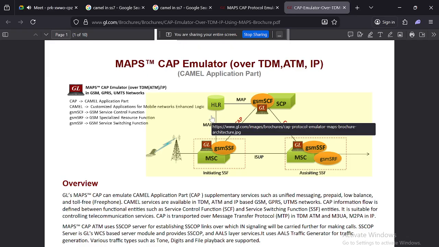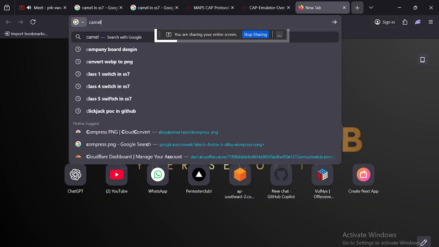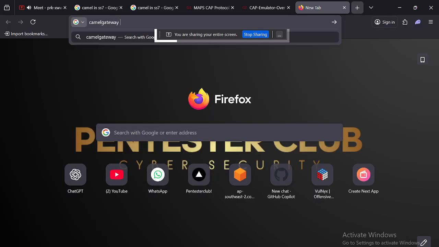Now, I would like to give you, let's take this, a CAMEL gateway.